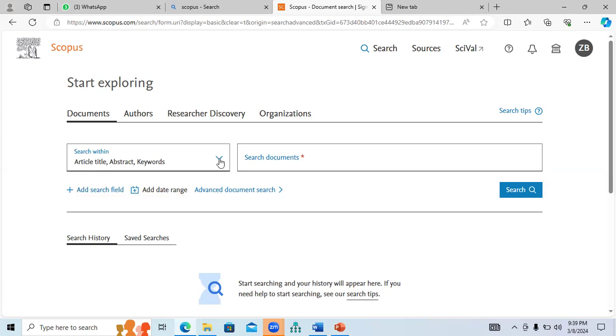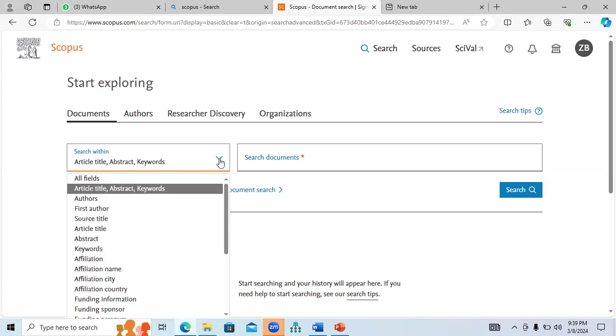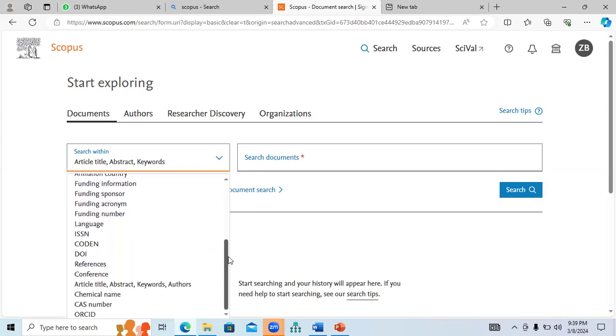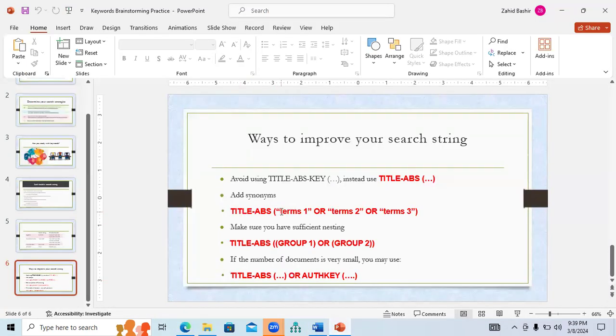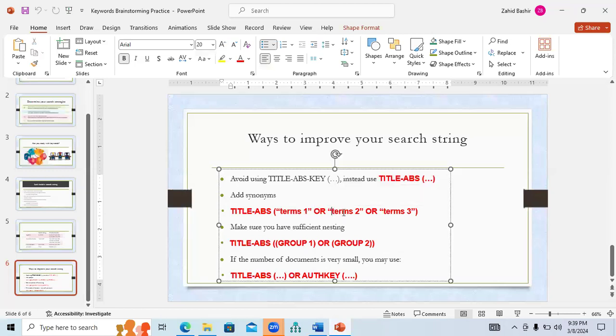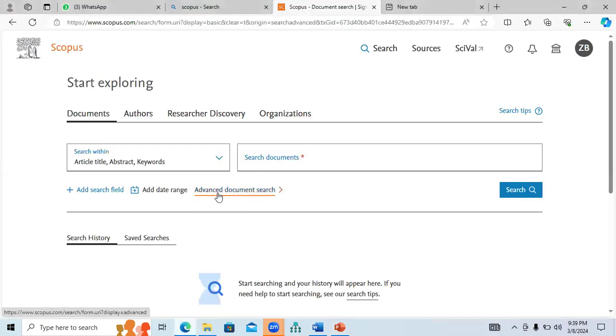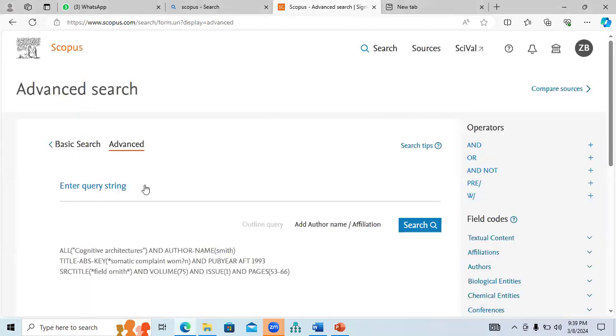Article abstract keywords. You need to use this combination. All right, title abstract. It is already defined here. Title abstract term 1 or term 2 or term 3. This is basically the sequence that we can provide with title dash abstract when we are going with the advanced searching techniques. For example, I would like to use advanced searching techniques, and I would like to use the query